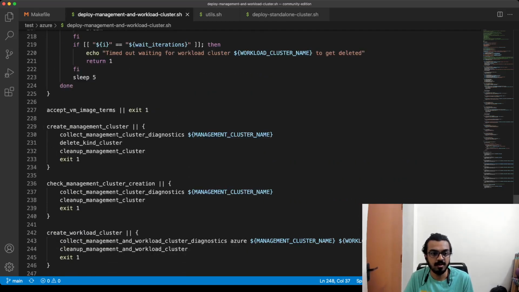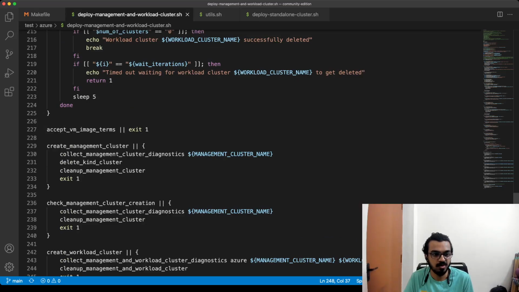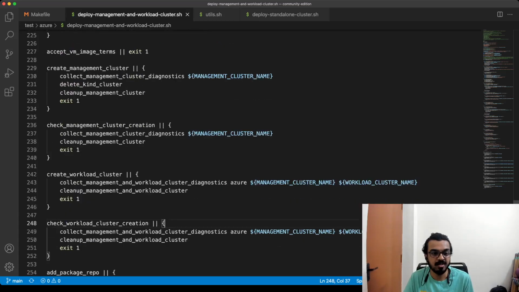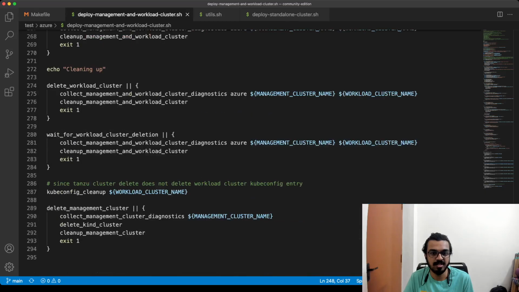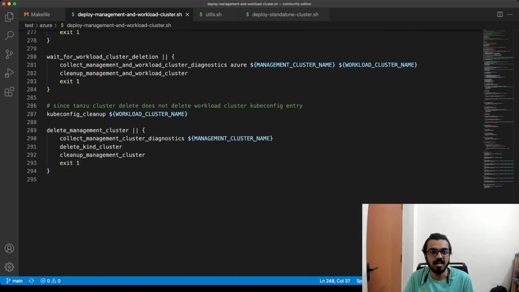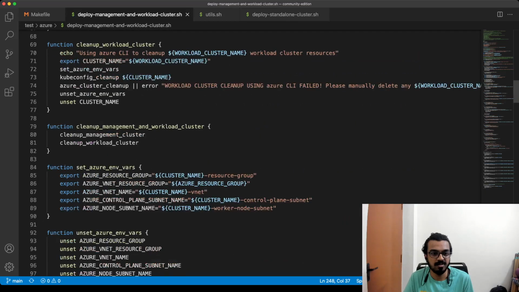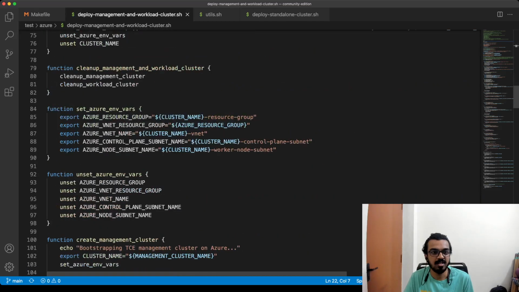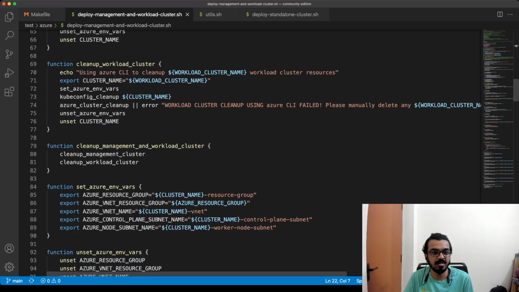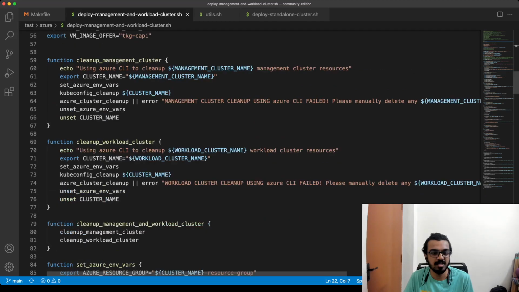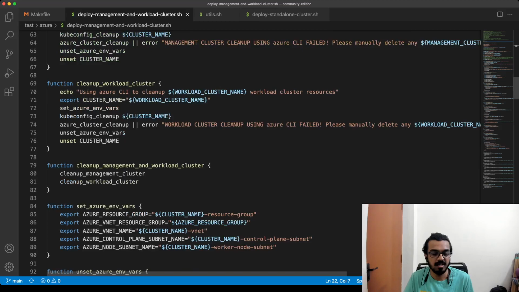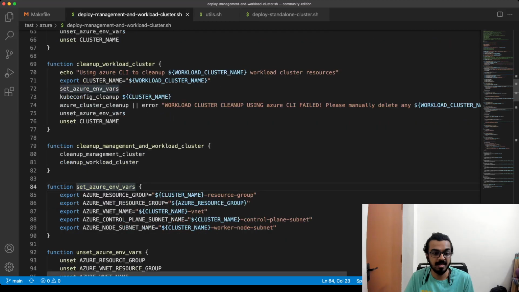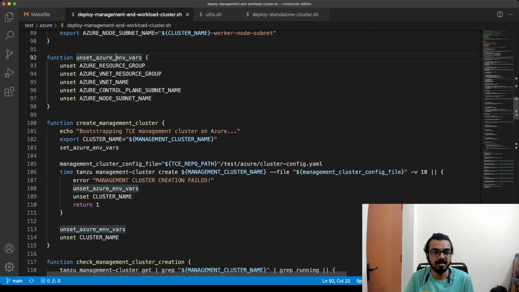And now let me actually show you what I'm planning to do. So this is a very big code, as you can see, and there's a lot of stuff going on over here. Like I showed, you can see functions for cleaning up the workload cluster, cleaning up the management cluster, cleaning up management and workload cluster, setting up the Azure environment variables, unsetting those, and then